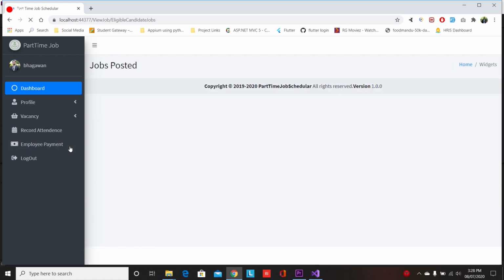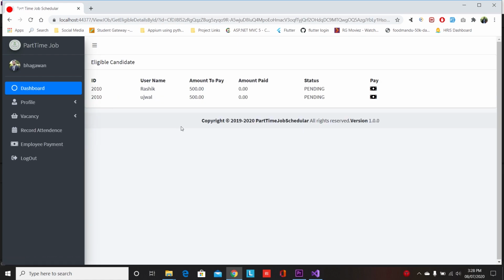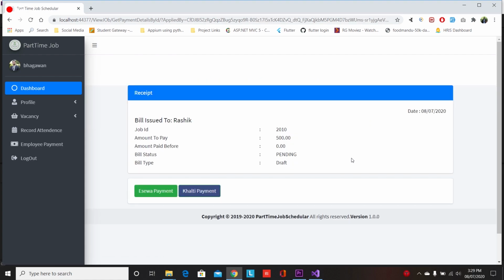Employee payment is the payment option for the employer to pay the job seeker, which first goes to the admin and, after deducting the commission, goes to the job seeker. Going inside, the job eligible candidates for payment are shown. Clicking on the pay icon, it shows options for payment medium.